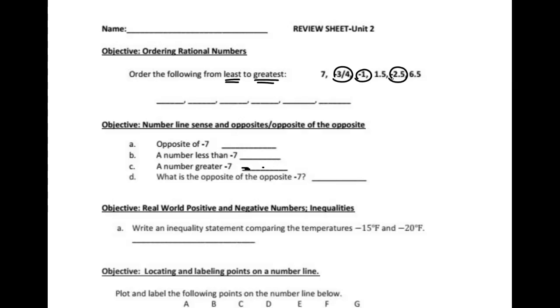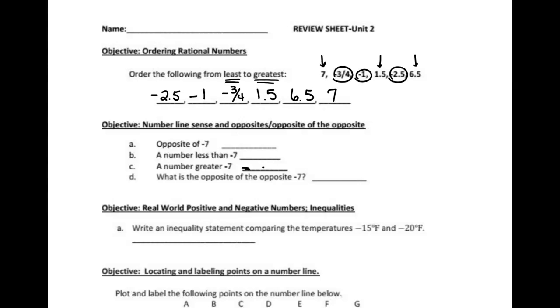The farther away from 0 a number is, the smaller its value. So -2 and 1/2 is first, then -1, then -3/4. Now we deal with our positive numbers. We have a +7, a +1.5, and a +6.5. We would have 1.5 next, then 6.5, and then 7. If you need to, you could always draw a number line to help you when you are ordering your integers